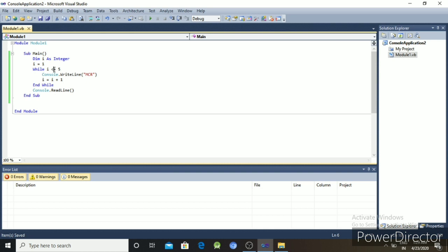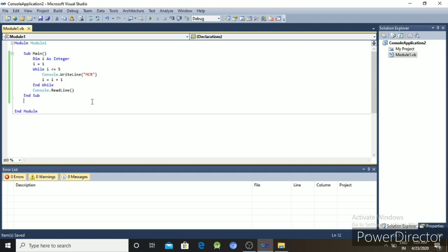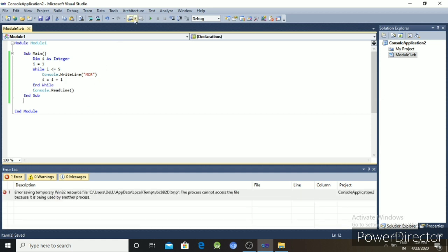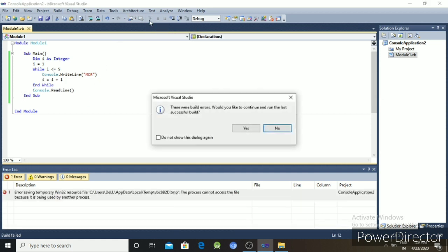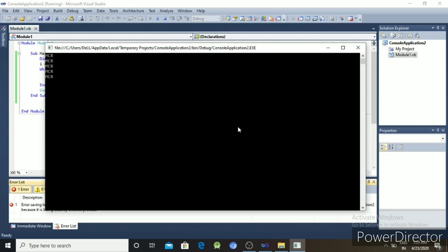The value of I is incrementing by 1 after each execution. Okay, execute the program and check the output. The output is MCR 5 times.